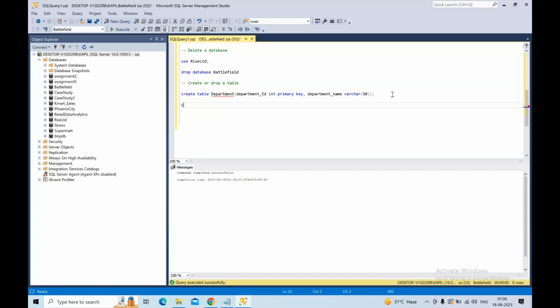Let's create another one, create table employees. I'll keep employee ID as the primary key, integer. Okay, and employee first name as a variable character of length 100. Similarly, I'll create employee last name, variable character 100 length. Email address of the employee, the name is just email, variable character 100,